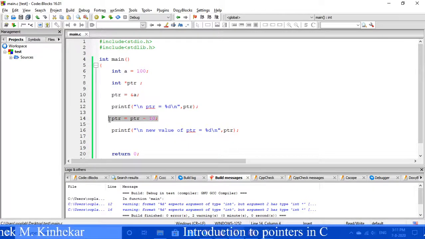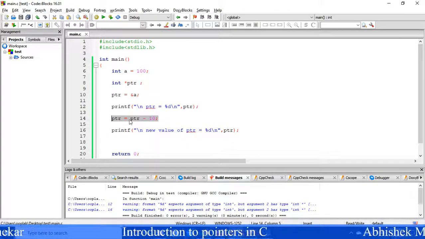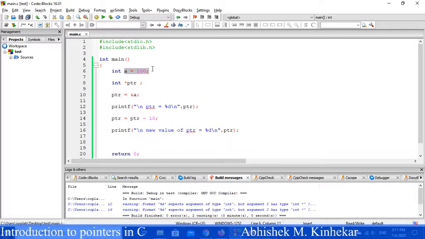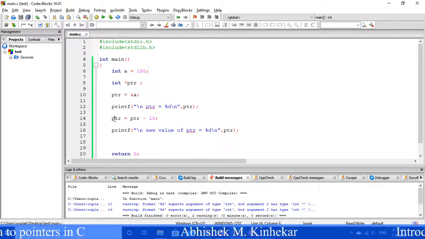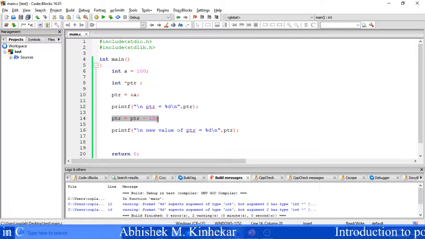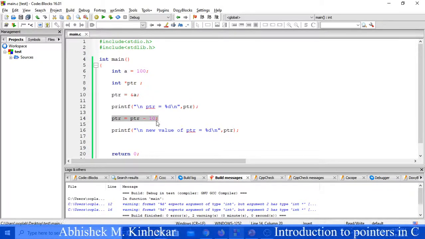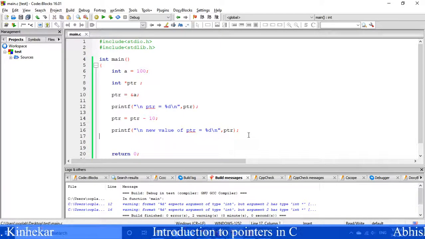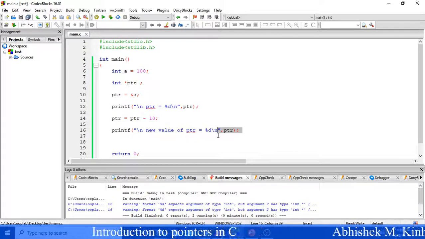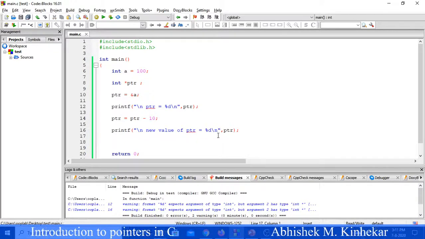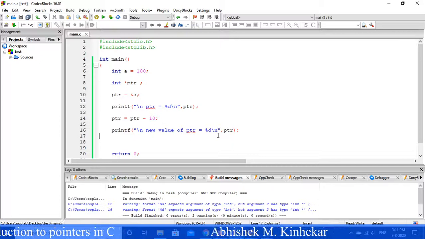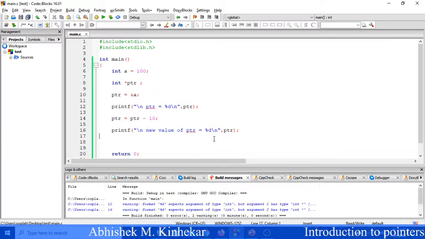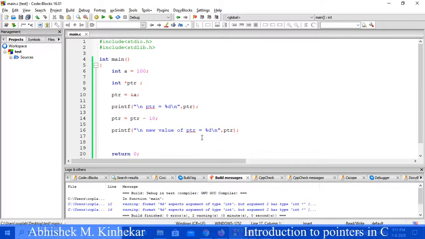With respect to this new pointer, ptr will contain some different address rather than a, correct? So any value present at that address is an undesirable value for me. If I try to print star ptr after this line, it will give me an unwanted value, and that value I call a garbage value, correct? Got the part? Now in the next portion we are going to see something about incrementation and decrementation of pointers.